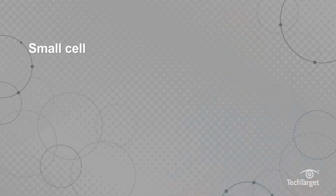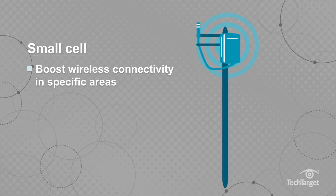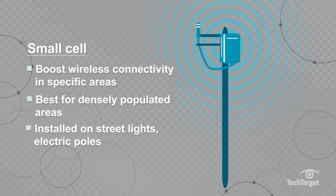A small cell is a base station that is, well, small. It's about the size of a pizza box and is used to boost wireless connectivity in specific areas, providing a football field's worth of coverage. They're best for densely populated areas like cities, school campuses, or sports arenas, and can be installed on streetlights or